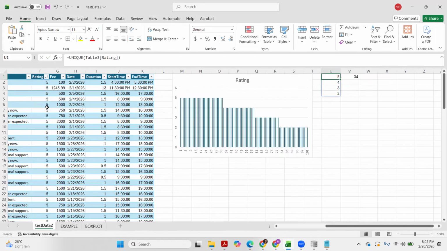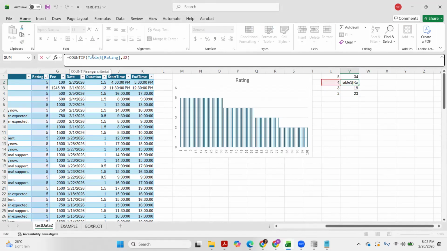So for this specific column, we have 34 fives. And then we can just drag it down, right?